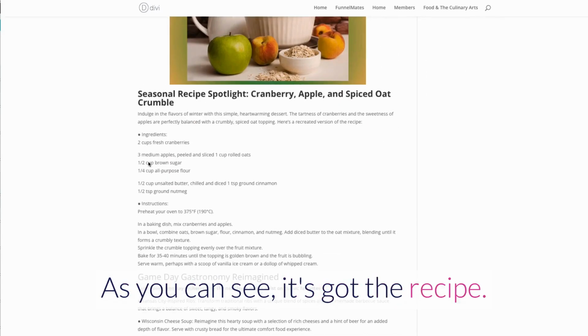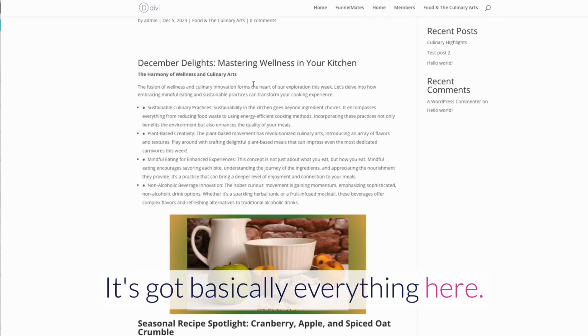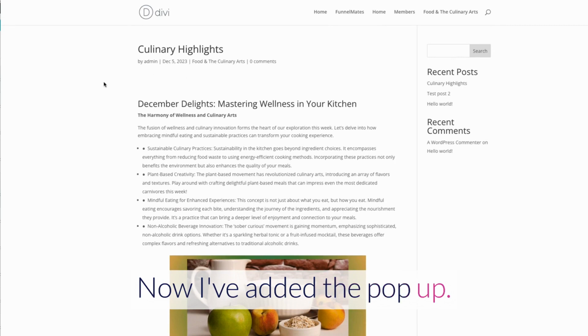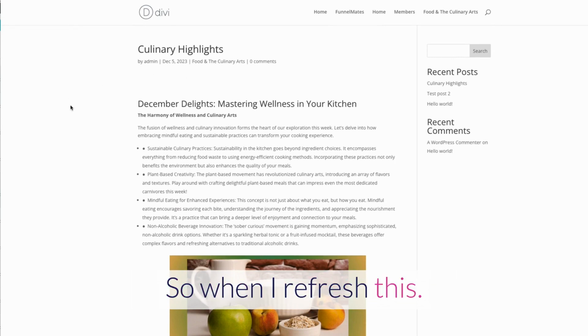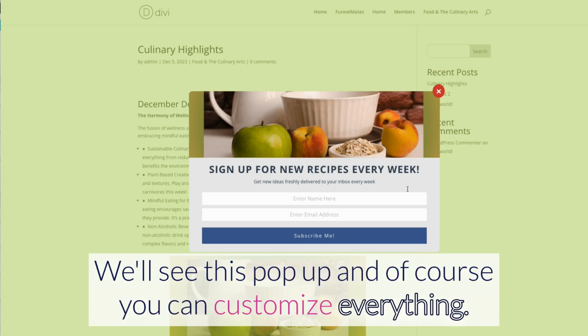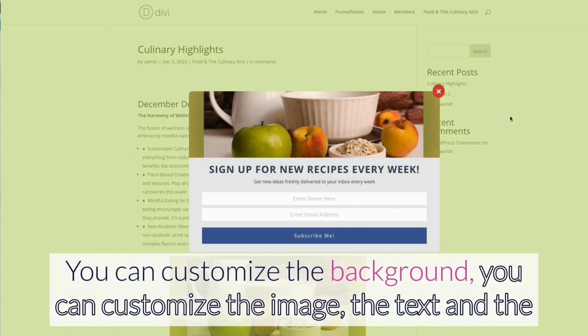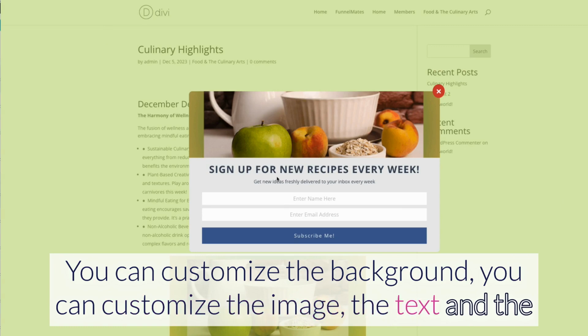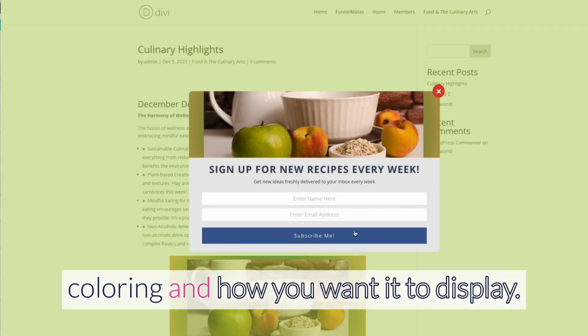As you can see, it's got the recipe, it's got basically everything here. Now I've added the pop-up. So when I refresh this, we'll see this pop up. And of course you can customize everything. You can customize the background, you can customize the image, the text and the coloring and how you want it